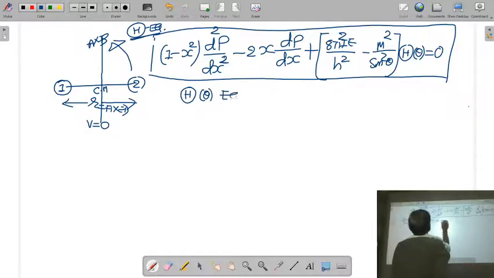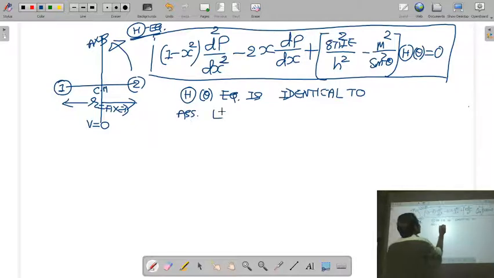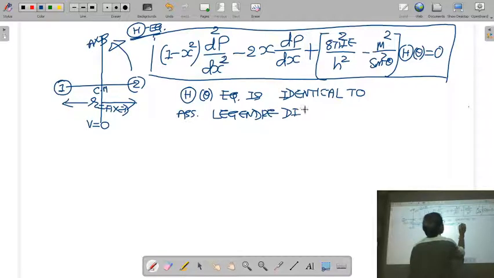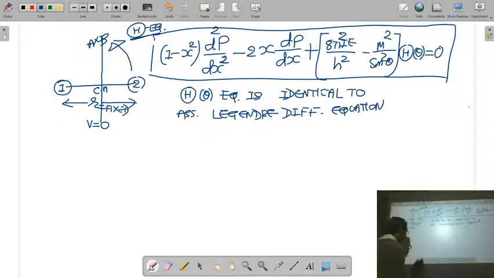The theta equation is identical to the associated Legendre equation, the Legendre differential equation. This Legendre differential equation you will study in mathematical physics, its properties and its solution. So I just give you the standard form of the Legendre differential equation. The standard form of the Legendre differential equation is